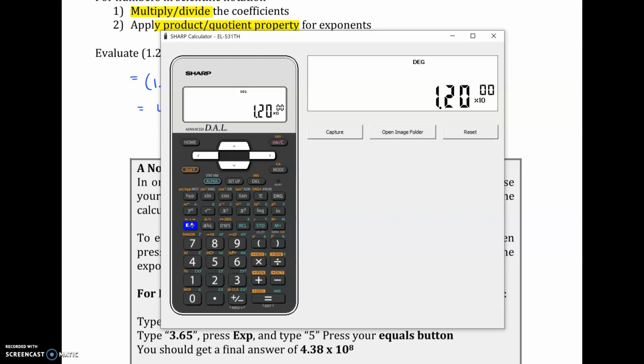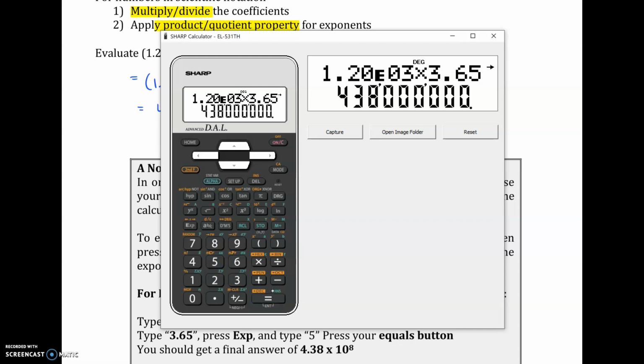But I do need to put the exponent. So 1.2 times 10 to the 3 times, my next number was 3.65. I'm going to press EXP again, and I need to give it its exponent, times 10 to the 5. I'm going to hit equal, and you get